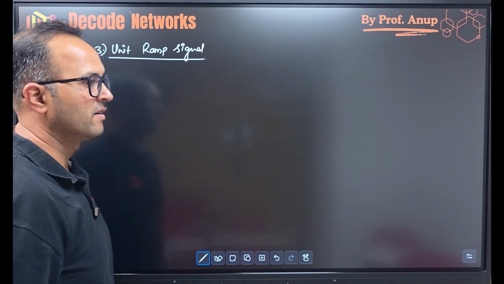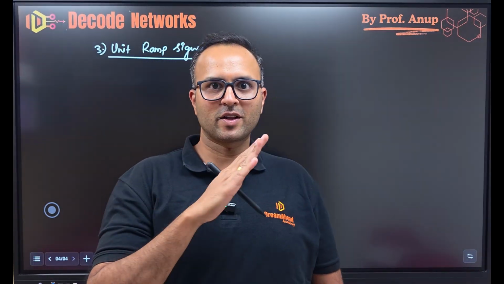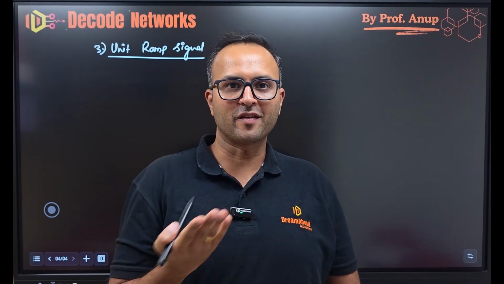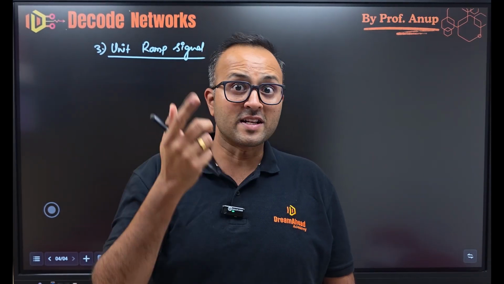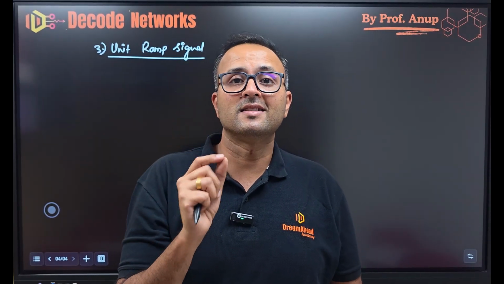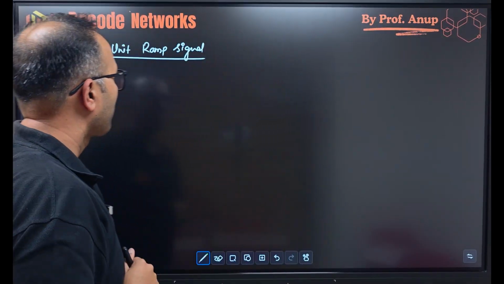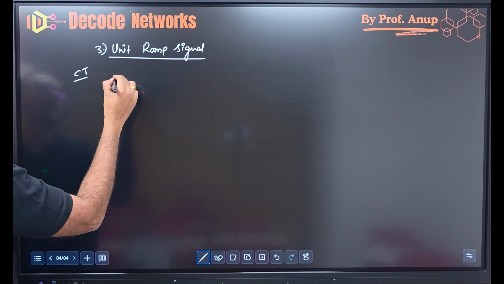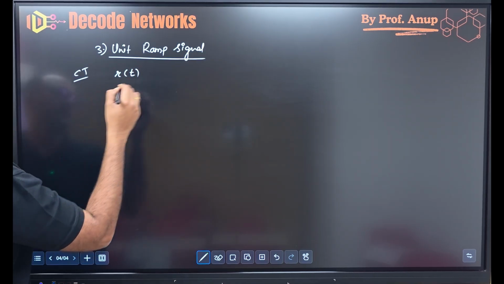Okay, ramp. We know ramp. Ramp is something which has an angle, right? It has an angle. Wherever you have seen for disabled people, you have a ramp, no? Your signal looks exactly the same. It has a ramp. See, now, first in CT, it is denoted by R of t, which is nothing